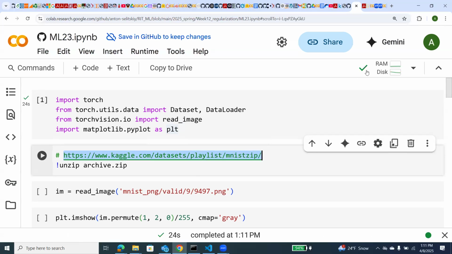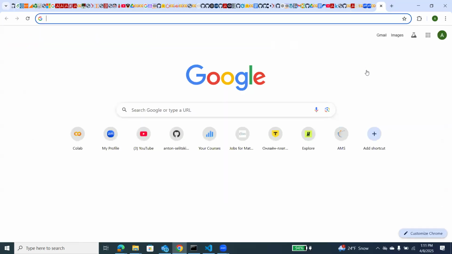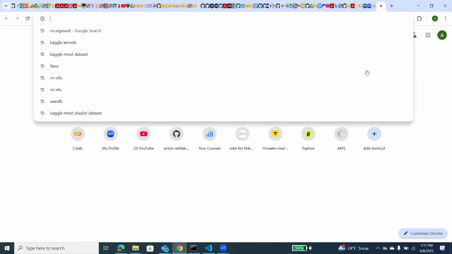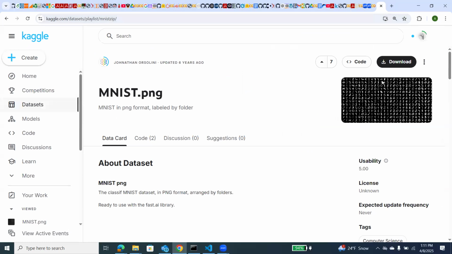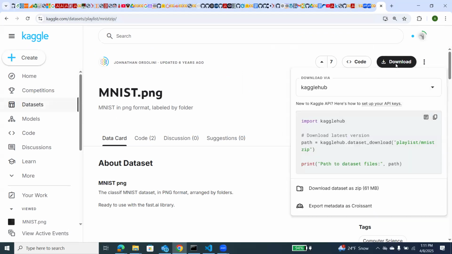Unfortunately, it requires a password, so I couldn't just use the Kaggle data set and the name of the data set. I tried that, but it asked for a password. I will just upload from Kaggle